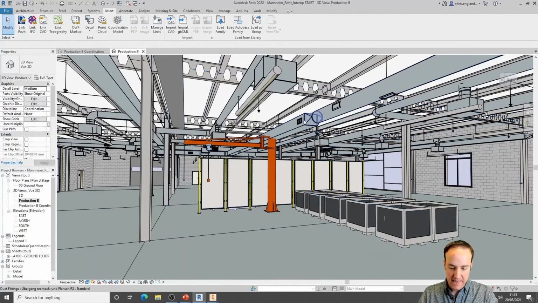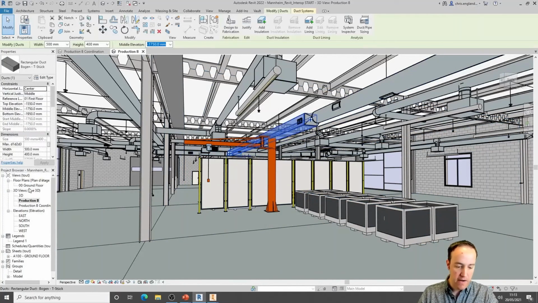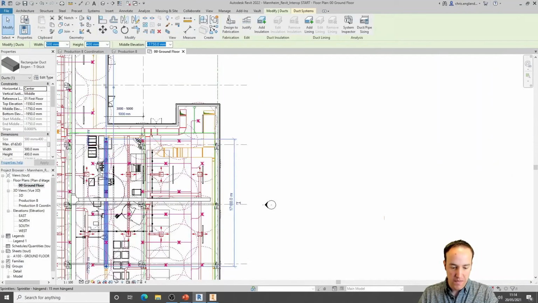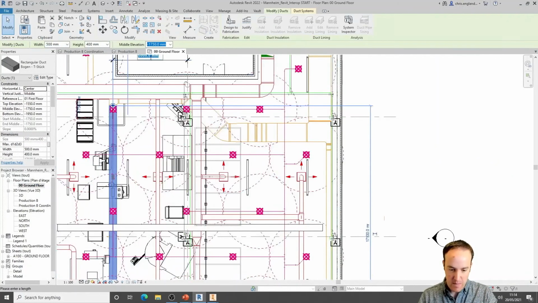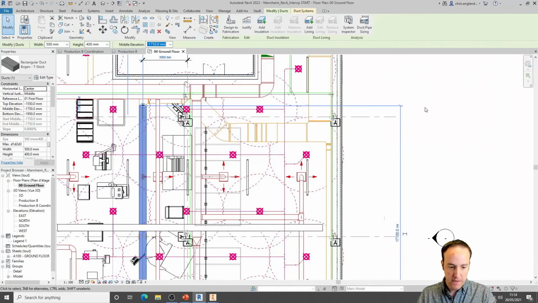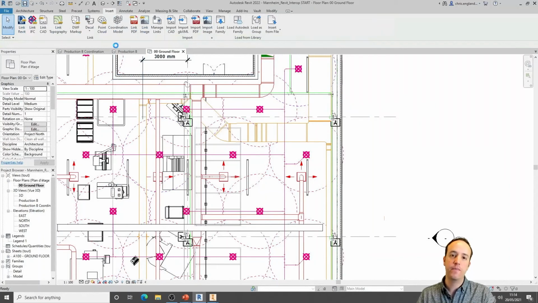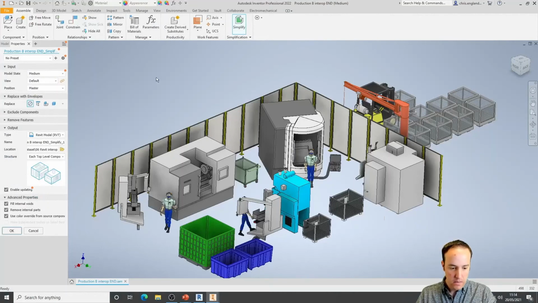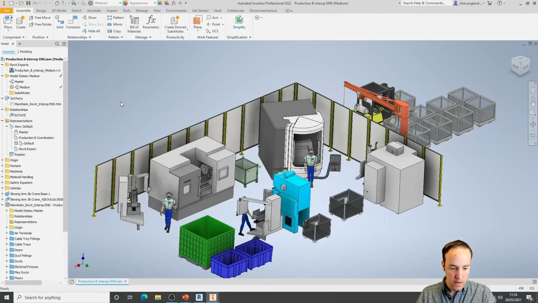So I'm going to select this duct, jump onto my ground floor plan, and I'm just going to make a very small amendment. So with this duct, I'm just going to say that that's maybe 3 meters away from central beam rather than 5. I'm just going to press save on Revit. And what I'm going to do is jump back into Inventor, and all being well, what Inventor will do is it will identify